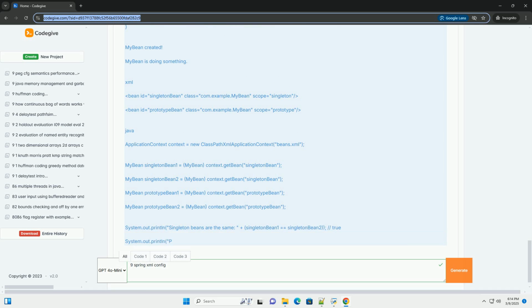Explanation. ApplicationContext: the interface for the Spring container. ClassPathXmlApplicationContext: a concrete implementation of ApplicationContext that loads the configuration from an XML file located on the classpath, for example in the src/main/resources directory. context.getBean("myBean") retrieves the bean with the ID myBean from the container. You need to cast it to the correct type. Running the main class will output: